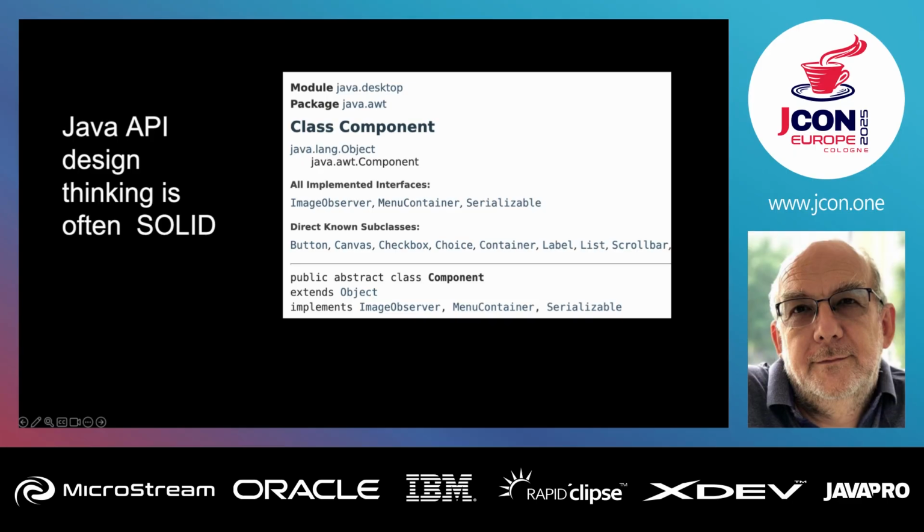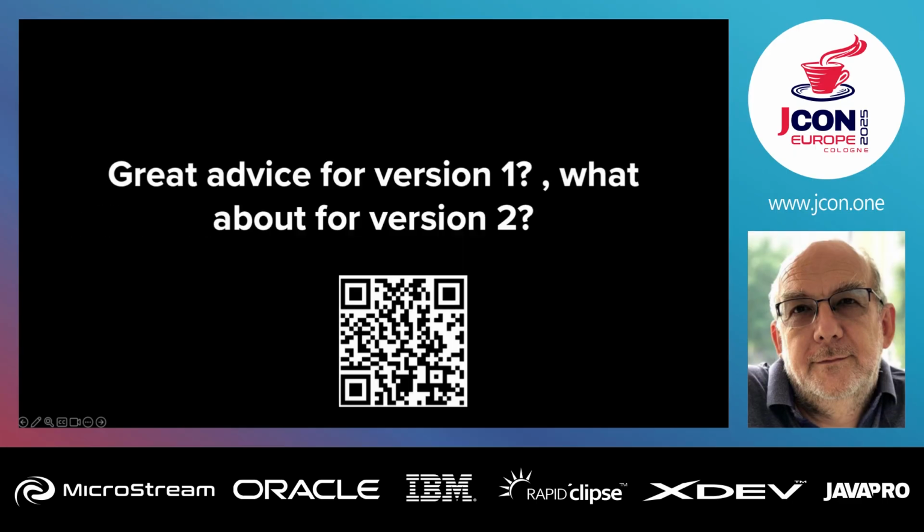Okay, so when you've got this design stuff done, and you think you've got a great API, the other thing that happens is version 2. You've built version 1, and then suddenly you've got to build version 2 because you've got to change it. And SOLID has nothing. Nobody talks to you about how to design upwardly compatible APIs. I'm going to cover some of that.